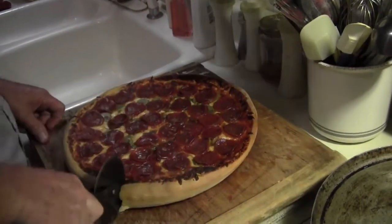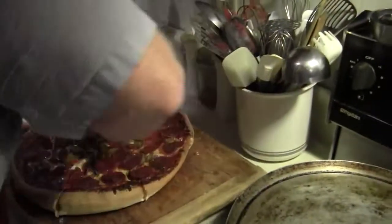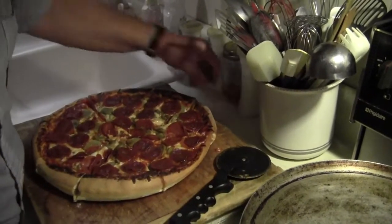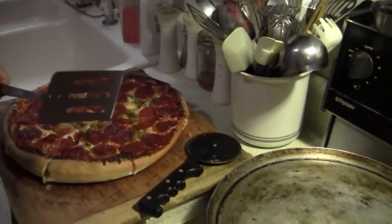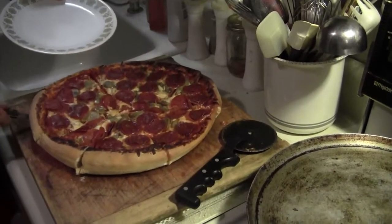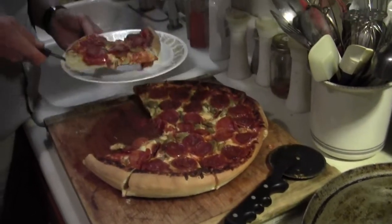And the old pizza cutters, hit it and smash, hit it and smash, hit it and smash. I was never a pizza man that could go whap, whap, whap, whap, whap, and it was done. I usually take a pancake turner, put one on a pizza like that, rotate it around,